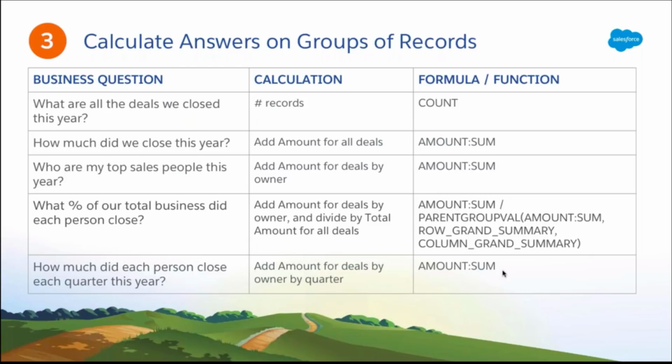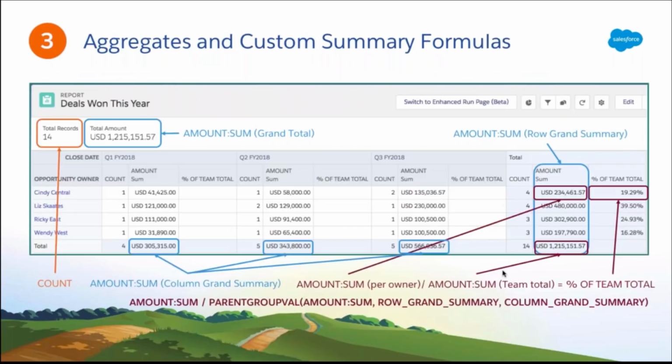And that formula you see on the right here is a little complicated, but let's dive into what that means in the next slide. So we had already decided that the matrix format, where you group the rows and you group the columns, is the right format for us to calculate all the breakdowns that we need. So at the top of the report, we will have the count of all the deals and what the deals are worth. But for the breakdowns, you'll see at the bottom there, actually, let's see, Cindy Central in this example